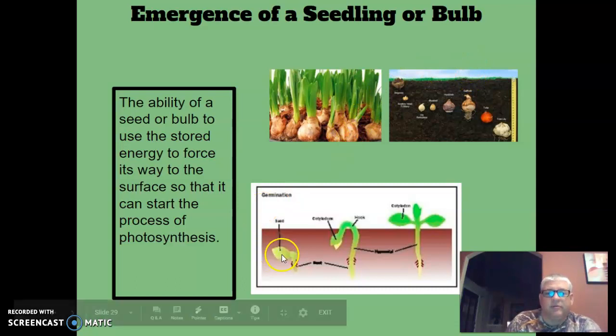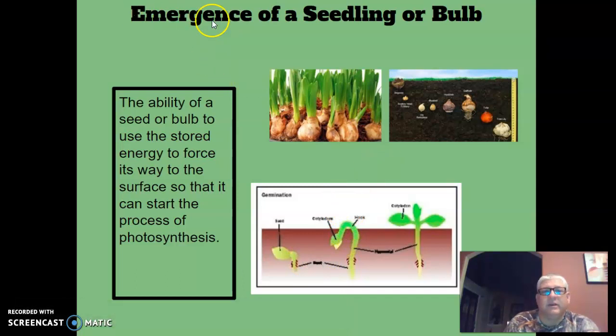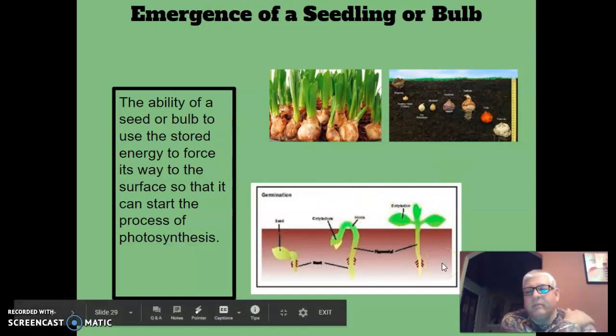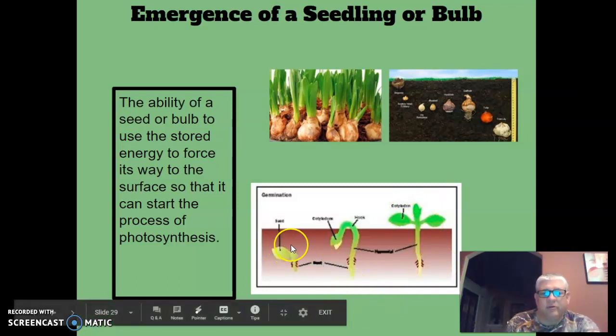Here, no photosynthesis is taking place. Not until this first emerges. That's what emerging means, to come up out of the ground. Not until these seedlings emerge out of the ground will they start going through photosynthesis. So this is stored energy. So this bean, or whatever this is, probably a bean, probably not a pea,